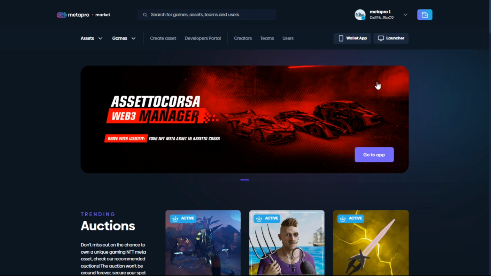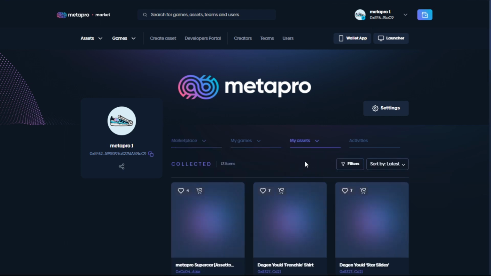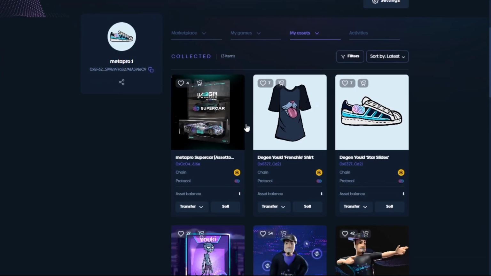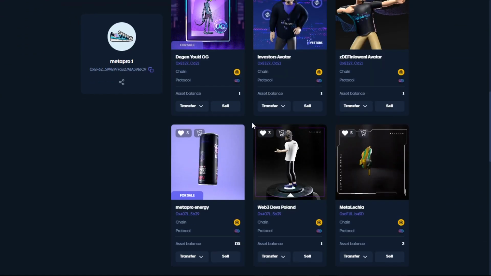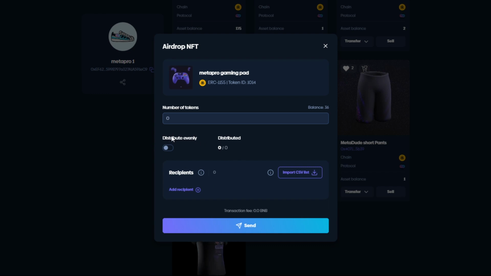So after you have logged into your wallet, all you need to do is click here, click on profile, click on my assets, click on collected, and then choose the asset that you want to transfer. So for an example, I'm going to be transferring this one. So all I need to do is click on transfer, multiple,